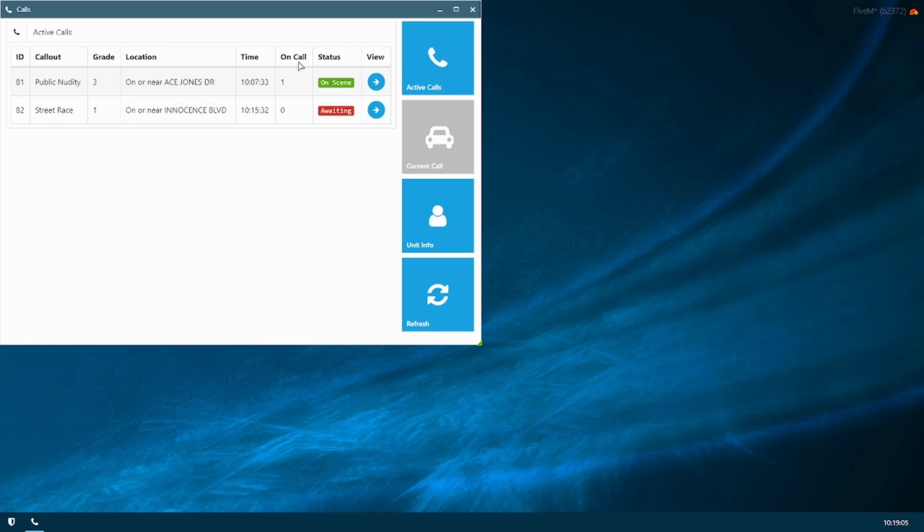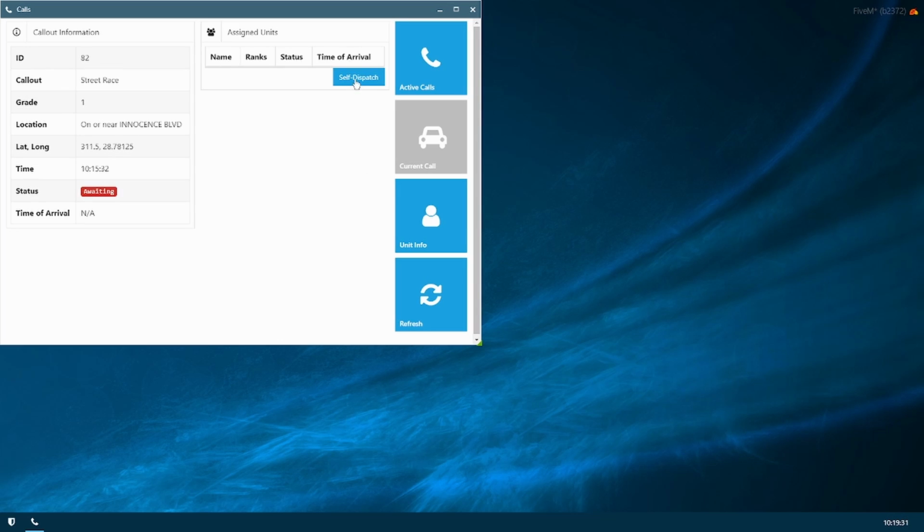Just a few things to note here. See how it says here the grade. This is very important. Grade 3 for a public nudity. This means that you have no lights and no sirens and following all UK road laws. If, however, it's a Grade 1, this means that you can have lights, sirens, and go 20 miles per hour over the speed limit. So to join a call out, what you do is you just press on it and then press self-dispatch,